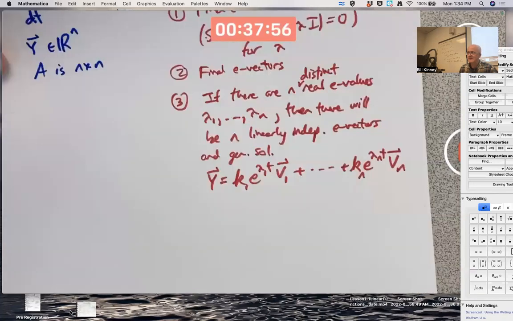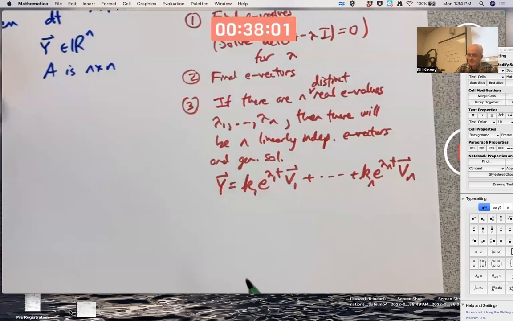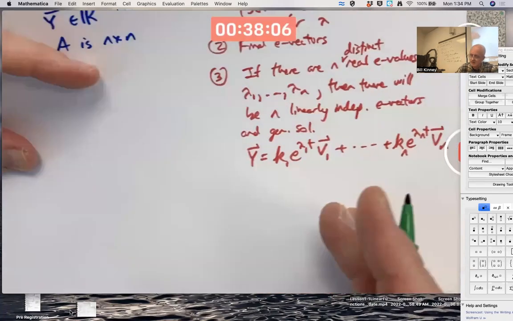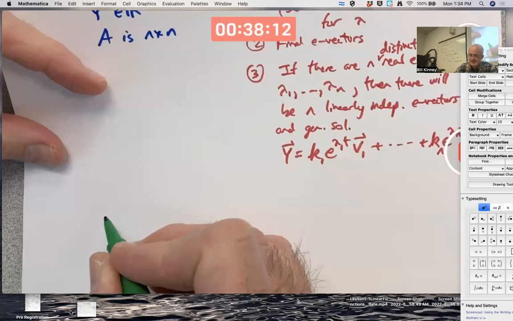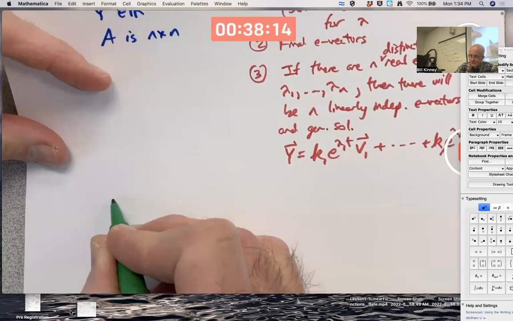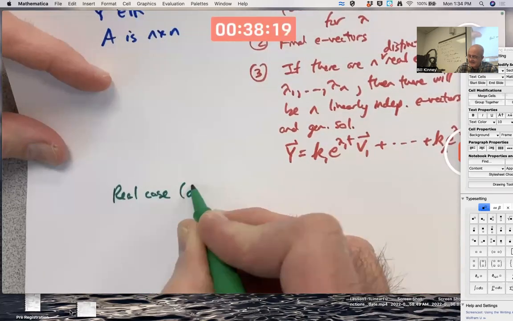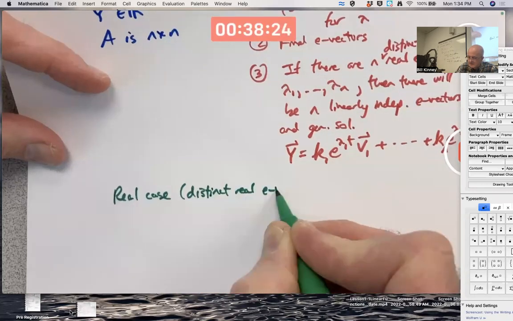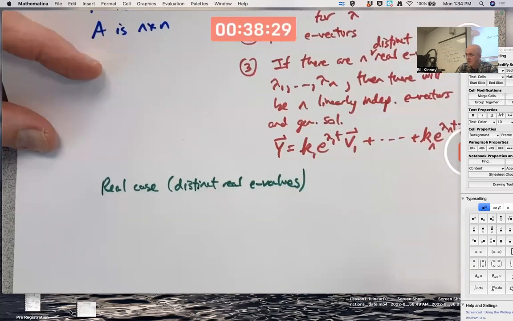How is all this related to diagonalization? We've got 6 minutes left. Let's keep it to the real case here. At the moment, we're not going to have time for the complex case with diagonalization. Real case, and let's say distinct real eigenvalues, so that we have n linearly independent eigenvectors, which form a basis for R^n, and this is your general